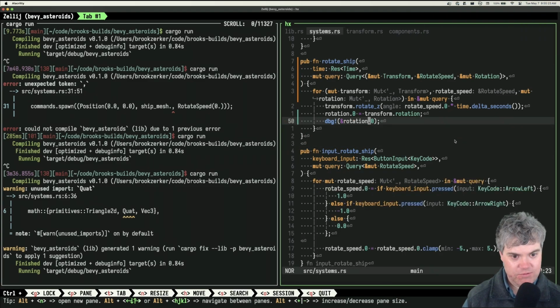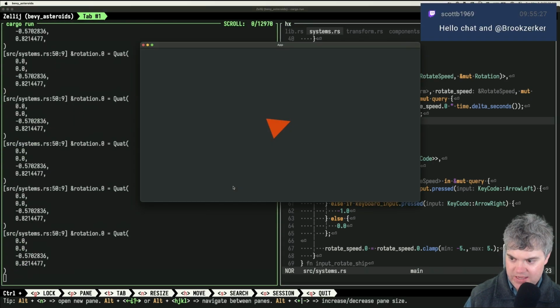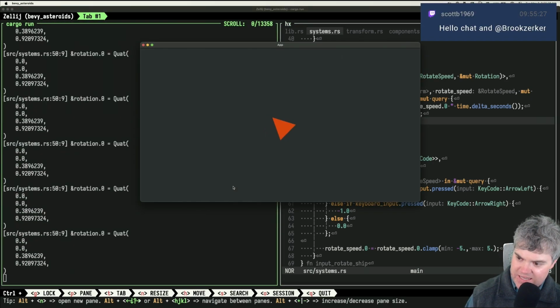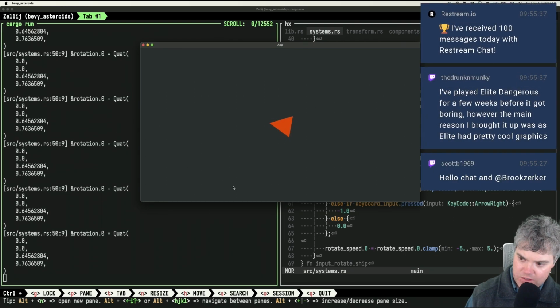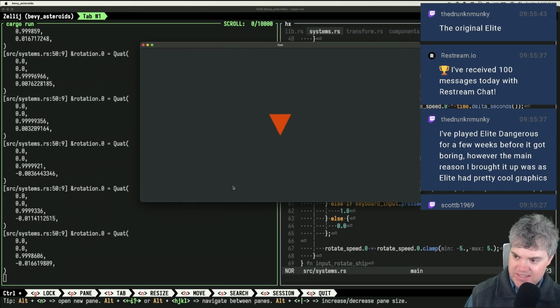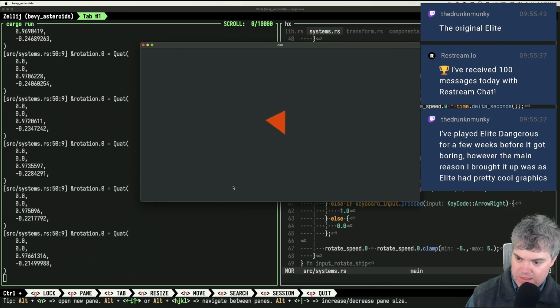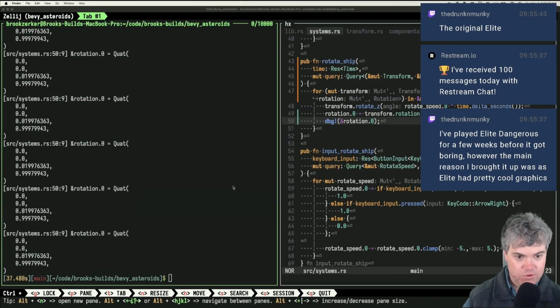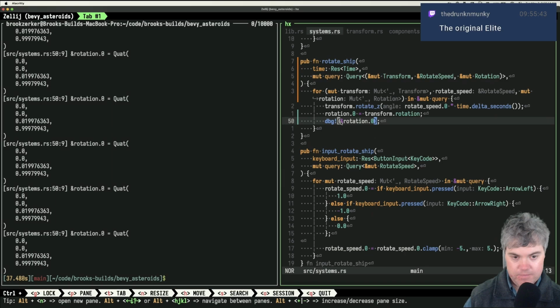Rotation. Okay, so I want to see that rotation over and over again. So if we run you, okay, yeah, so that's interesting, that's changing the, was it X, Y, Z, and then what's the last one? Yeah, so it's changing the Z, and it's changing the last thing in a quat. Okay, but that is changing now. And so I can hopefully use this quat later to move around and figure out where we're moving.